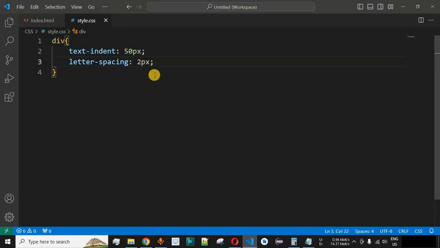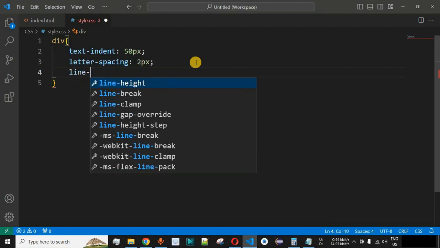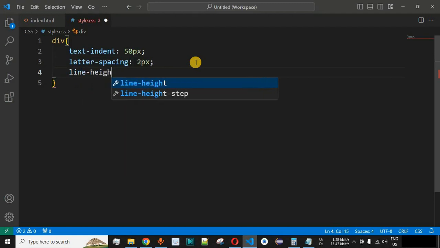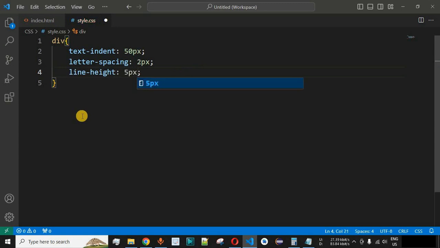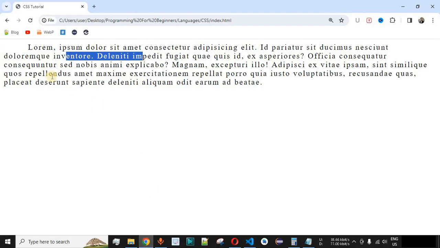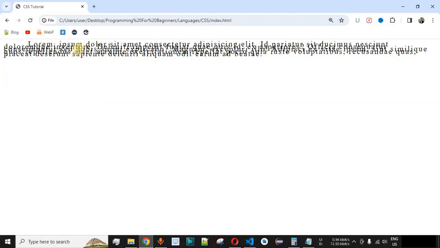So guys, let us provide this property as well inside the CSS file. Over here we will provide the line-height property in this case, and let us provide 5 pixels as the line height over here. Let us check what will happen. Let me just save this file now and try reloading this page once again on the browser. So as you can see, now the line height is very small. Since we have provided 5 pixels, the lines are overlapping each other.